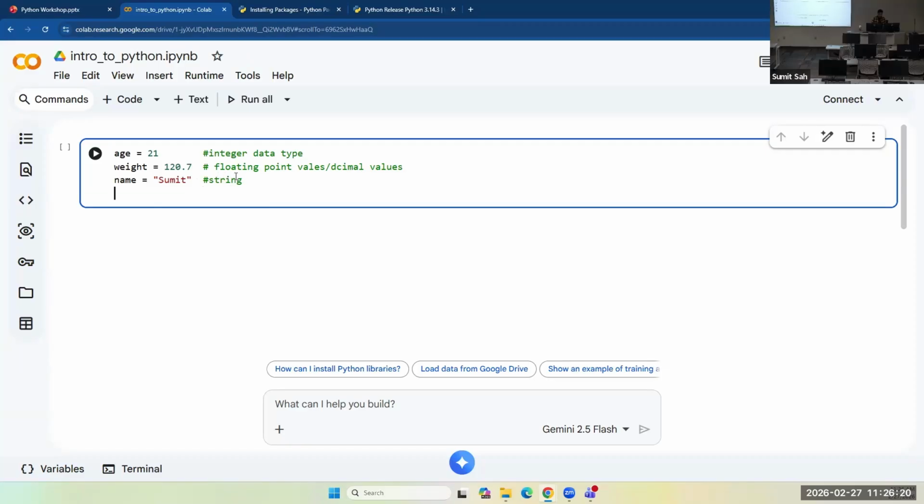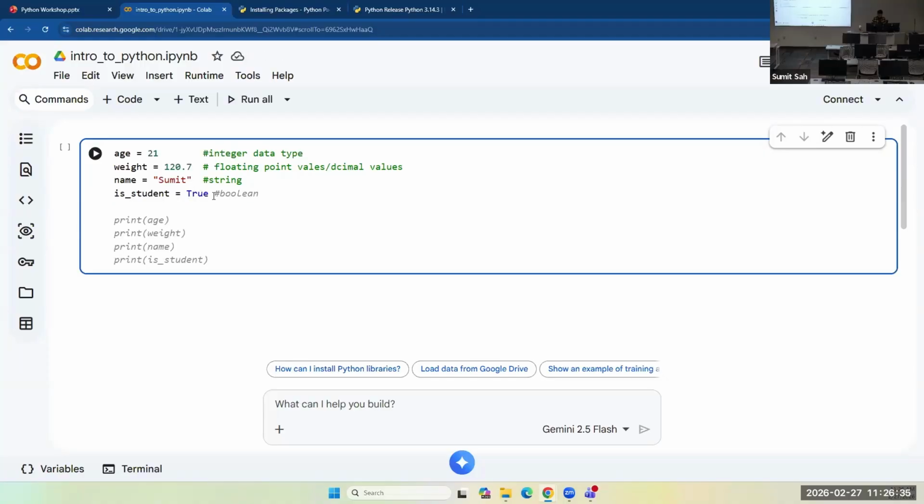And similarly, there are other data types like Boolean that stores just true or false values. So is a student, I would say: is Sumit a student or not? Yes, Sumit is a student. And you can see AI is giving me these recommendations.